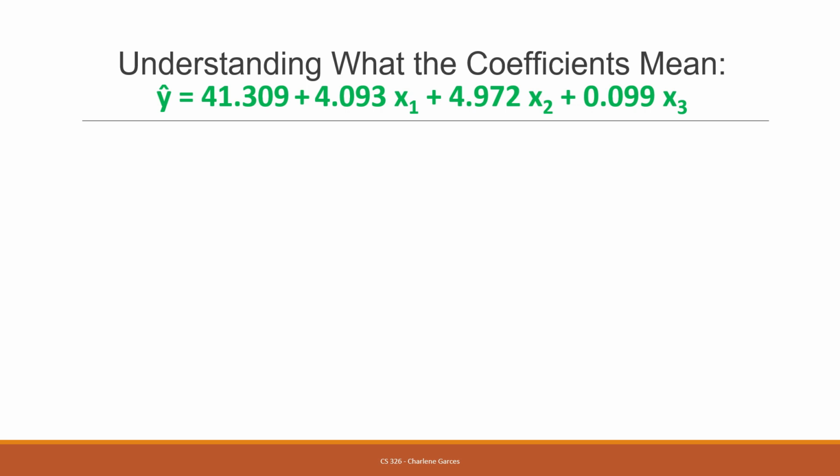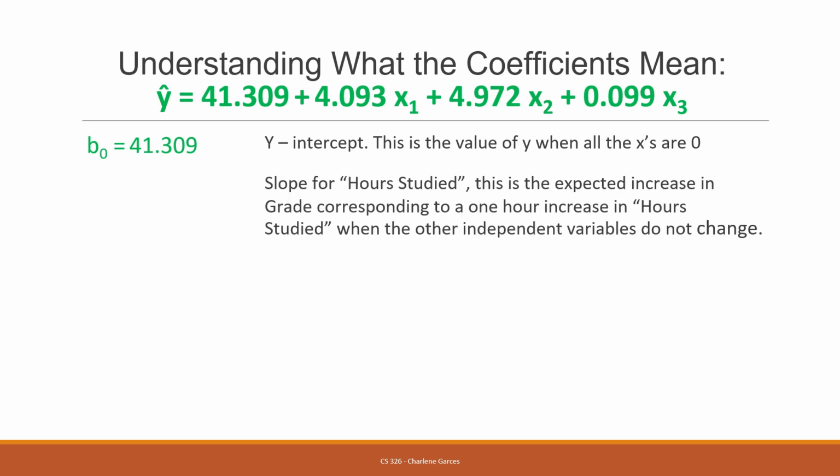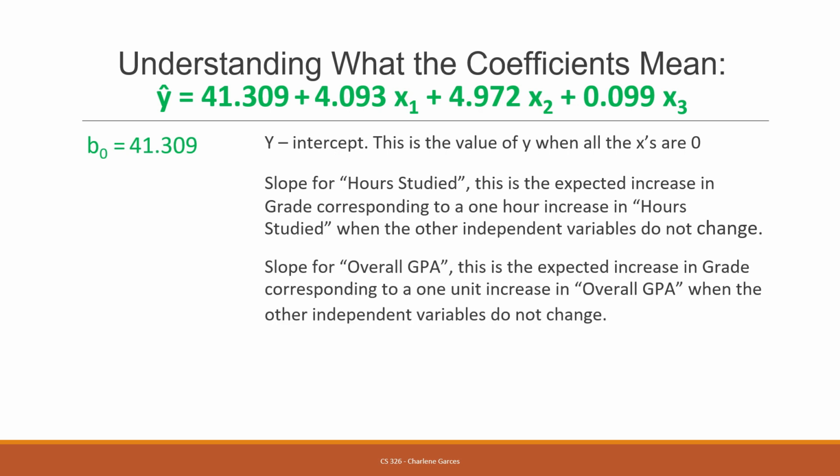So the following slides will be on understanding what the coefficients mean. So this one will be the y-intercept. This is the value of y when all of the x are 0. And then the slope for hours studied. This is the expected increase in grade corresponding to a 1-hour increase. So these are just explanations of the values that came out